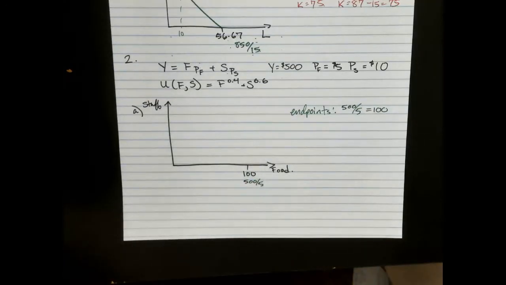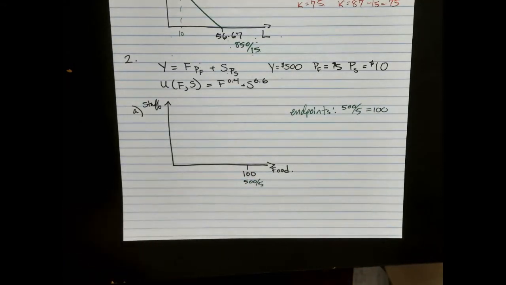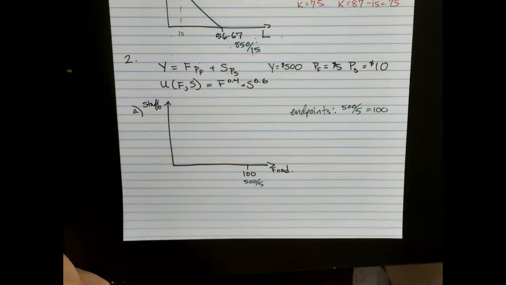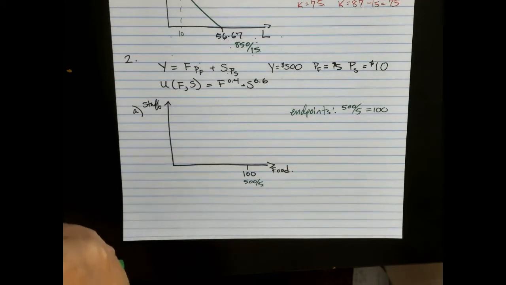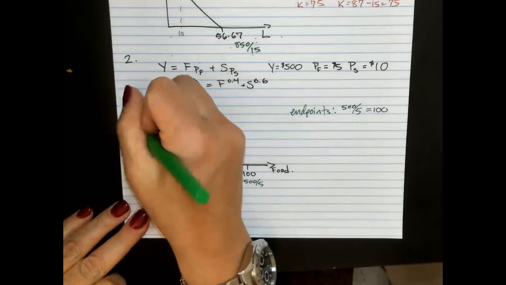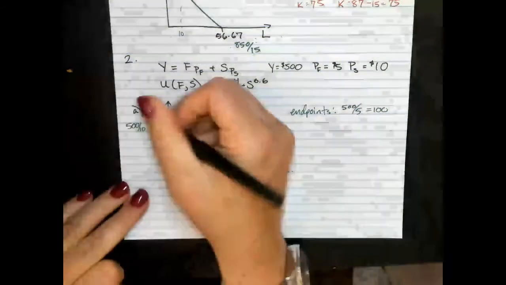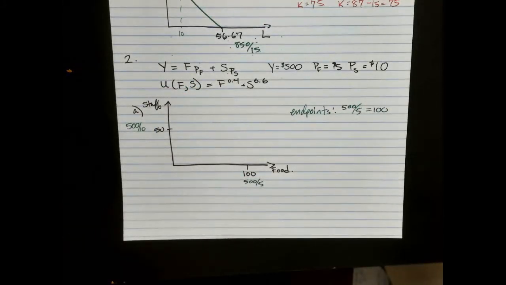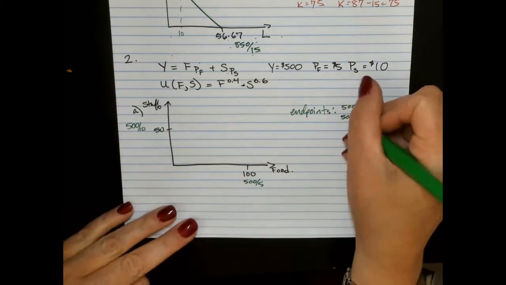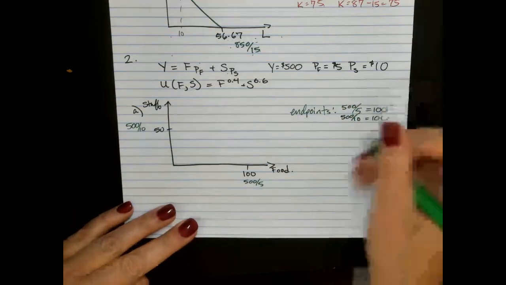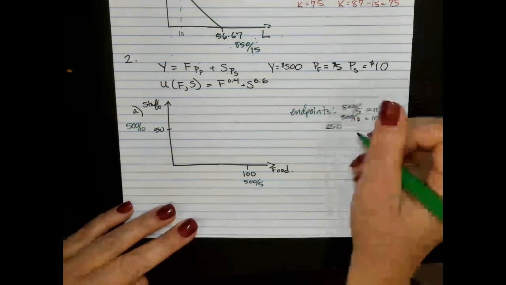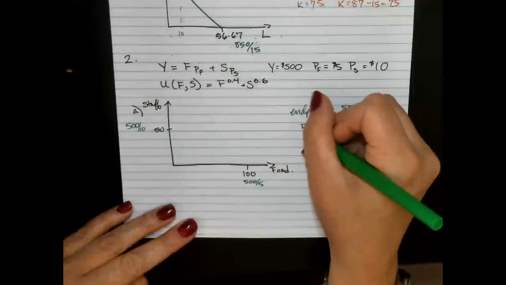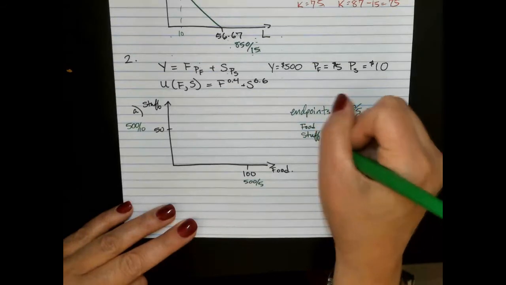If she spends all of her money on stuff, it's going to be that $500 spent on stuff. Stuff costs $10, so 500 divided by 10 gives us the endpoint over here of 50 units of stuff, right? And then we want to label at least 3 consumption points. So let's also see what would happen if she spent $250 on food and $250 on stuff,